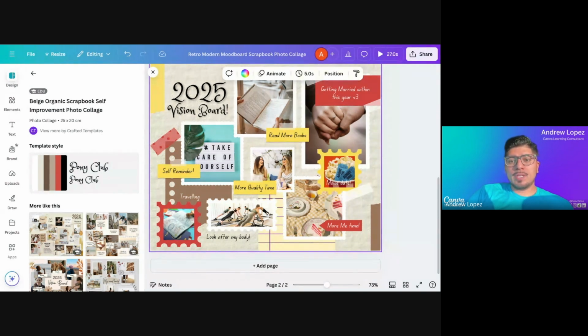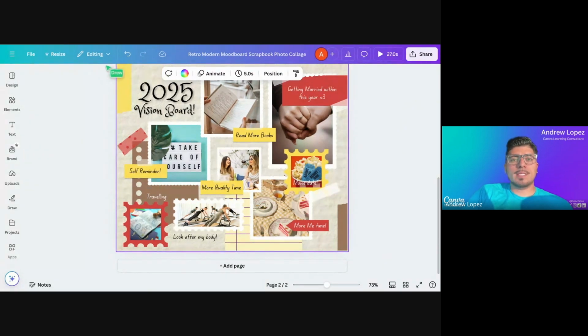I did see another question about, can you collaborate on assignments? Can students work on the same project? Yes. So your students do have the ability to work on the same assignment. Here on the page that I'm sharing, I'll just quickly show you what you would need to do. It doesn't take a lot to get them on the same project. So here at the very top on the Canva editor, if you notice the initial A here,